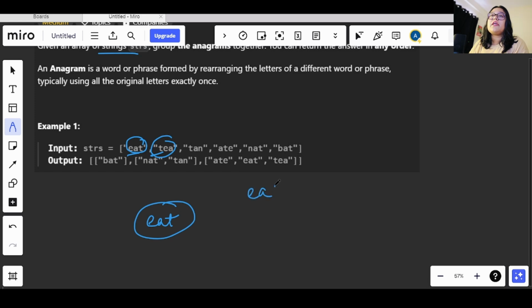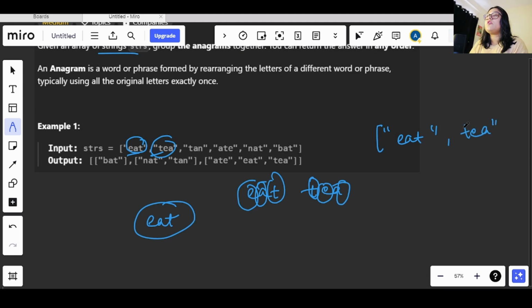Because if we take eat and tea, one T is there, it is same. A is also occurring once only, and E is also occurring once. So both of them are anagrams. Now I have eat, and the other word that I have is tea. So these both are grouped now.